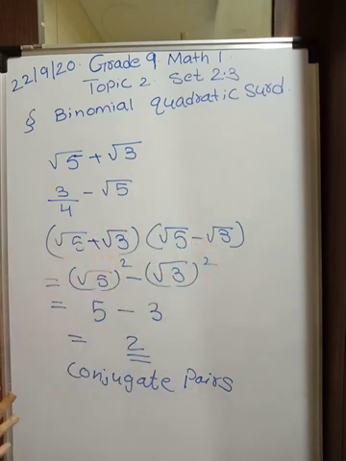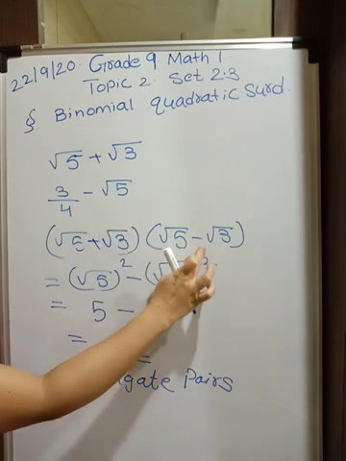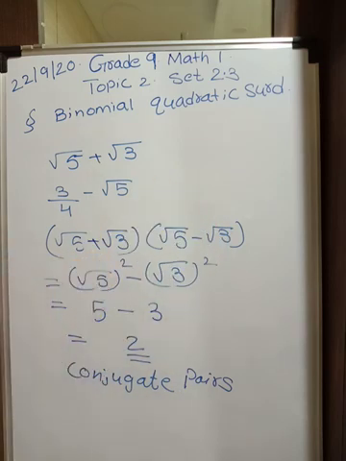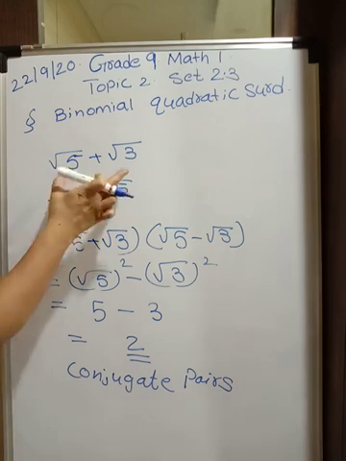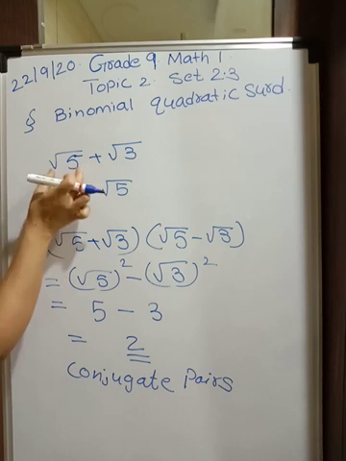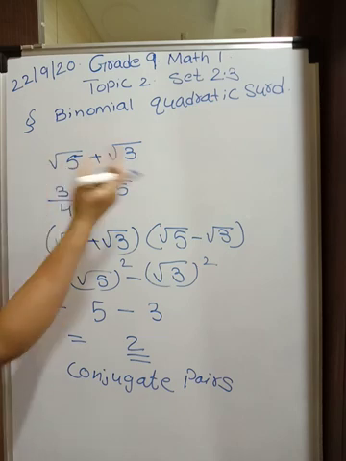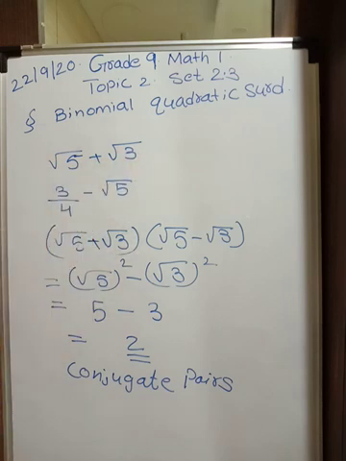Is it clear? So root 5 plus root 3 is conjugate pair of root 5 minus root 3, or root 5 minus root 3 is conjugate pair of root 5 plus root 3. Both ways you can see. Is it clear? This is conjugate pair of this. This is conjugate pair of this. Is it clear, everybody? Okay. So let us do next exercise. If this number is coming in denominator, in earlier example we have seen only one term. But now if this is coming in denominator, it should click to you that now I am going to multiply it with conjugate pair. Alright.